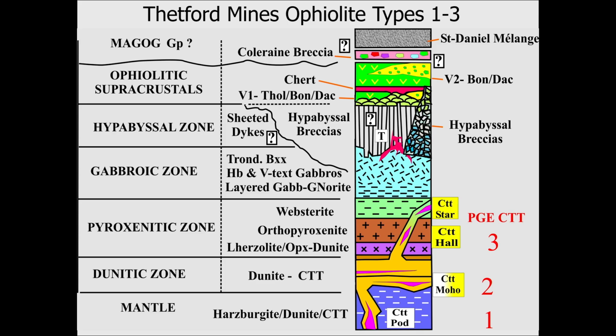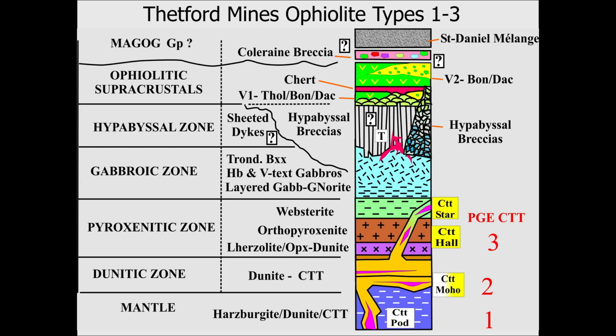So this is the pseudostratigraphic column for boninite-related ophiolite like Thetford Mines or Betts Cove. You'll notice there's a lot of lower crustal pyroxenite because boninites crystallize olivine, pyroxene, then feldspar. And the 1, 2, 3 are the first three types of chromitite. One is,